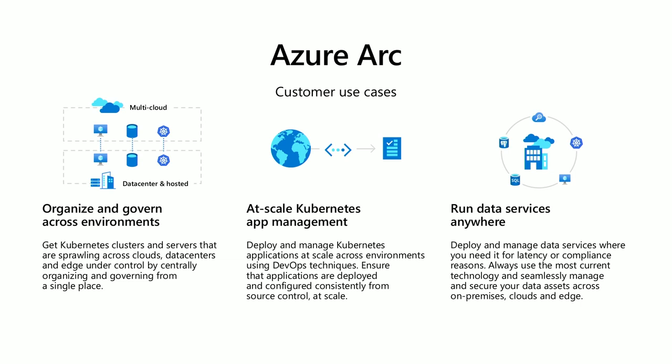So again, talking about this whole notion of enabling developers to develop and ensuring you don't have configuration drift, ensuring you have the right policies to have that agility and also have that control. And the third scenario that we'll talk about today is being able to run Azure data services anywhere. This could be compliance reasons, this could be latency reasons, but getting that cloud innovation in the environment you need and being able to run it anywhere is another core scenario.